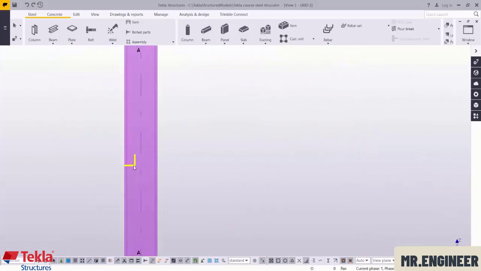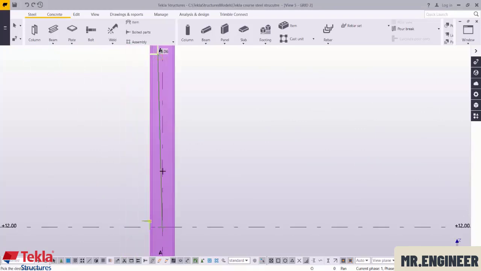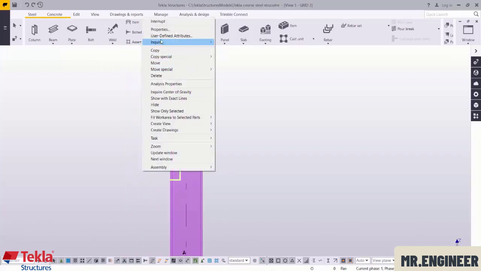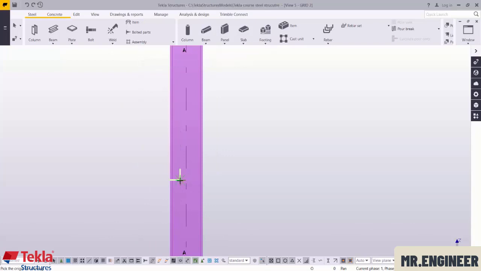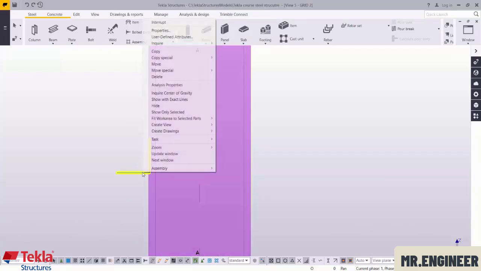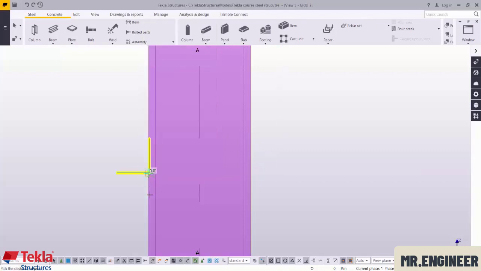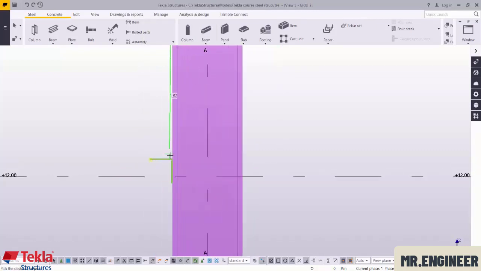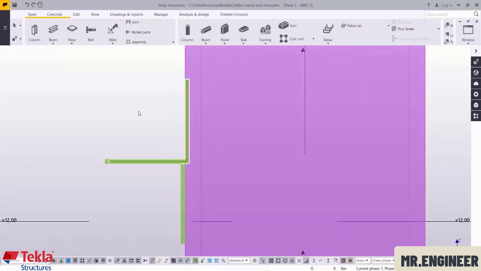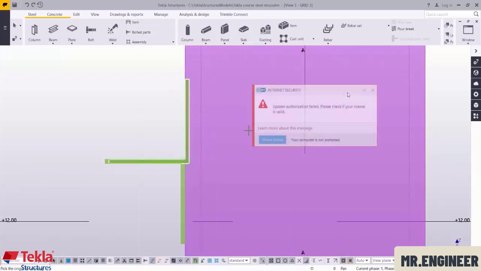Let's go to grid 2, and for this we need to move the right click, move from here. First of all, right click, move from here to here, then right click, move from here to here. Okay, right click, move,